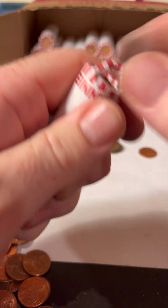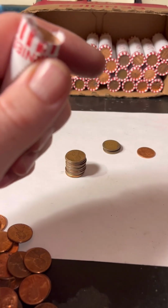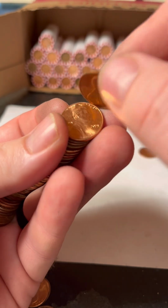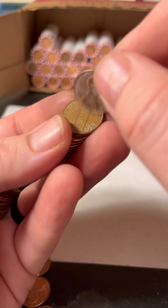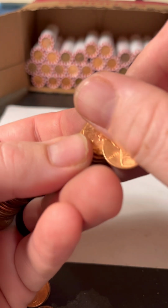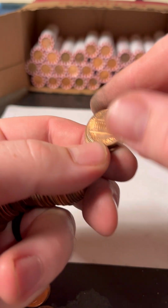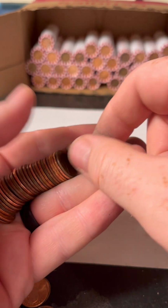So 10% of all sales will be going to help someone. Like I said, don't know how, don't know why, or don't know what yet. End of the year, I may put it in a charity. But I definitely want to help, give back. And like those scenarios where you can make somebody else's day, you know,